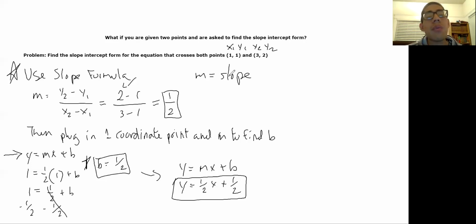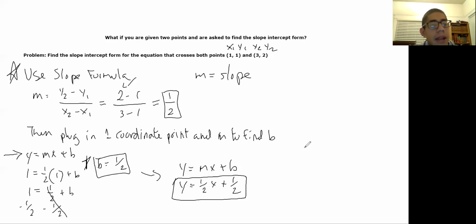So now what are we gonna do? We're gonna plug in our m and our b, and we're gonna have our final answer. So y is equal to mx plus b, right? We're gonna start over. y is equal to, now we know that m is 1/2, so 1/2 x plus, and we know that the b is also 1/2. So we're gonna have 1/2 right there. Okay,